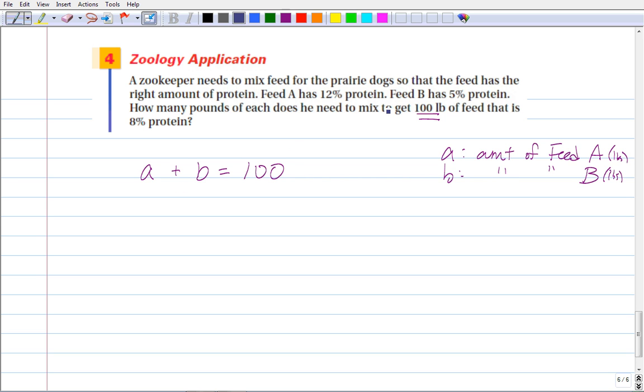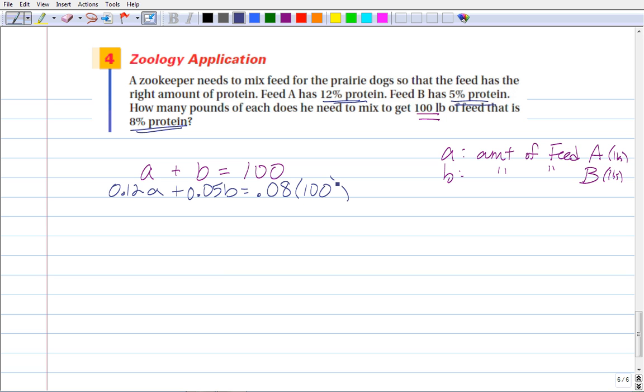And then for the other one, feed A has 12%, feed B has 5%, but we're looking for an 8% mixture. So if feed A is 12%, that's going to be 0.12 times however many pounds of A, plus B was 5%, 0.05 times the number of pounds of B, and then our percent mixture is going to be 8%, so that's 8% times